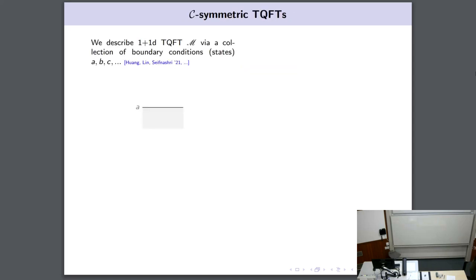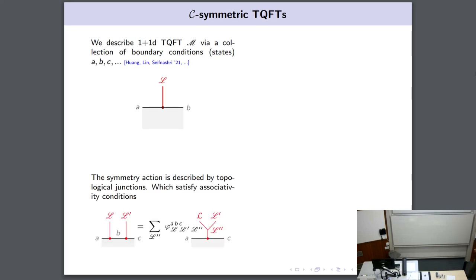Okay, so let me just describe QFTs very fast. I will use this reference. This is also the work by Lakshya and Lea and Sakura and company, which use the symmetry TFT, but just for the sake of convenience. You can think of a 1+1 dimensional TFT, which is symmetric, as a collection of boundary conditions, which I call A, B, C, as in the modified crossing, and topological junctions with symmetry lines, which are these,